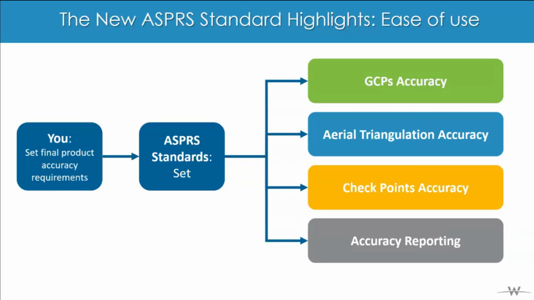I need LiDAR points accurate to 10 centimeters. That's all they really need to say. And maybe if they want density, they can say 20 points per square meter. Once you do that, the standard will set up the foundation for what requirements the vendors need to meet for that accuracy. So it will set up for them the GCP accuracy, aerial triangulation accuracy, checkpoint accuracy, and